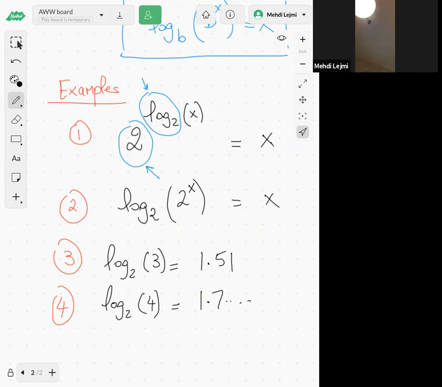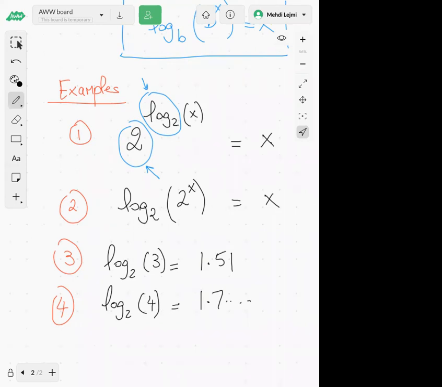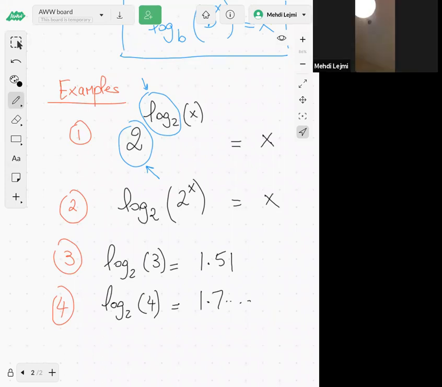Okay. Yeah. Before that, let's do. No, that's not true, Sean. Isn't the 2 there the base and the 3 is